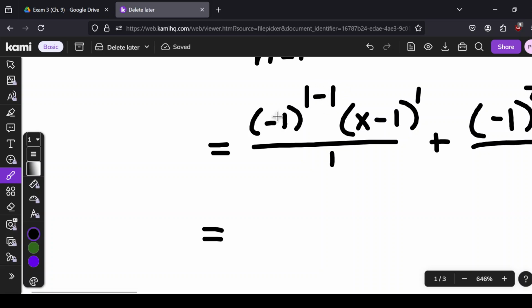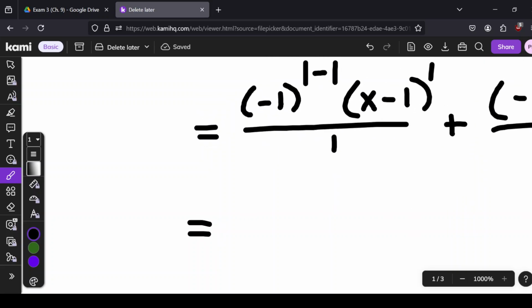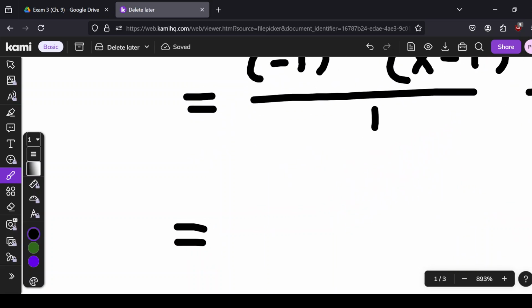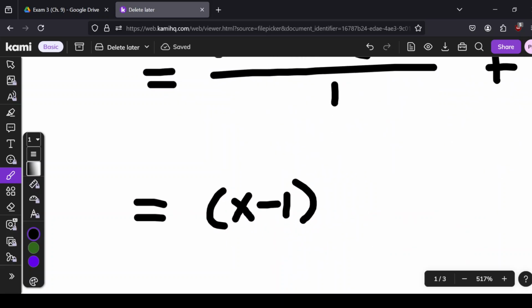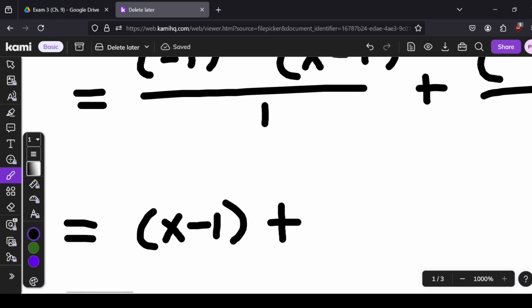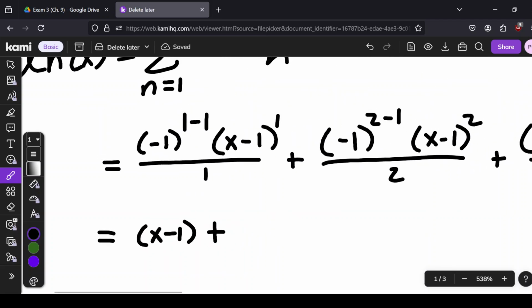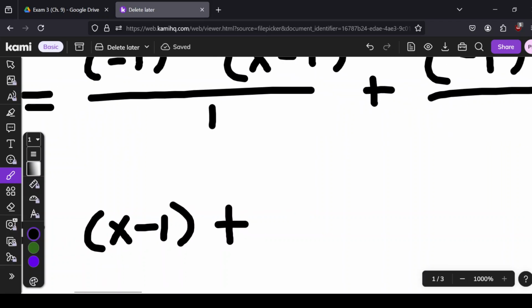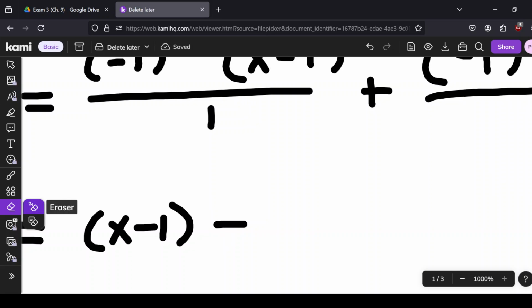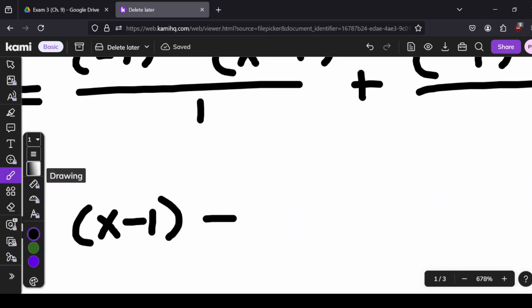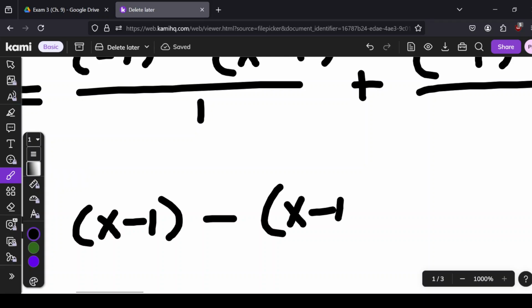This becomes a 0, anything to the 0 power, so we don't need to write that, times x minus 1 to the first power over 1, plus -1 to the first power is -1, so let's just make that a minus x minus 1 squared over 2,